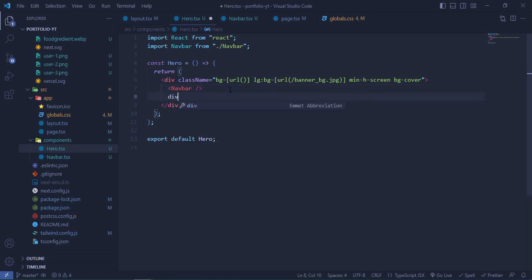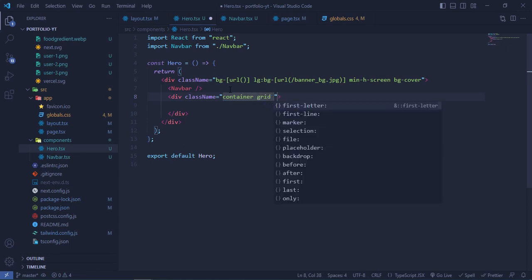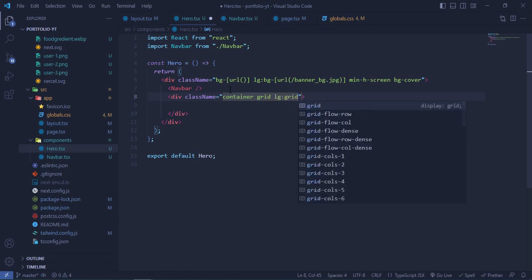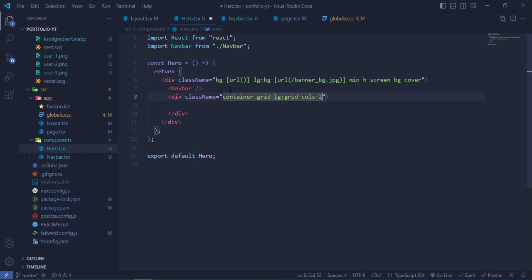div, and inside this div we will take a class name container, and then grid lg grid-cols-2, and height. We will calculate the height. What we will do, we will take full screen size minus 60 pixel. 60 pixel is the height of our nav bar, that's why we are removing it. Okay,